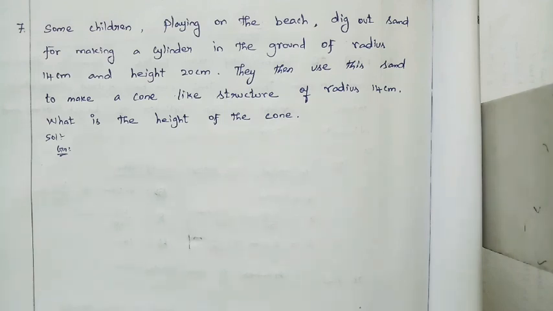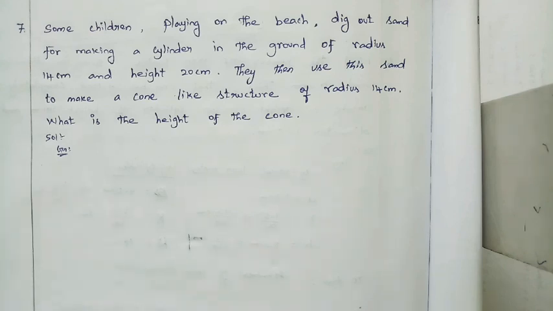So what is this nothing but? A person digging from the ground will get some sand. While we are digging in some shape, we get the volume of that shape. While we are taking the same sand and constructing some other shape, both the volumes are equal. Understood? While we are digging the ground, we will get some sand. The shape we are digging is the volume of that sand. After taking the sand, we are constructing another solid, right?